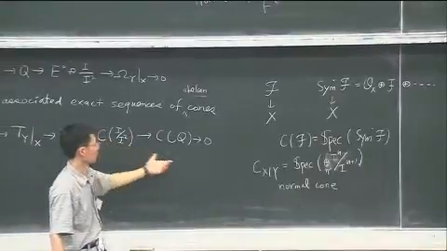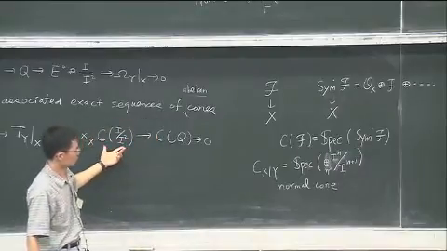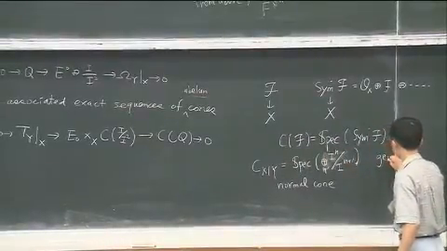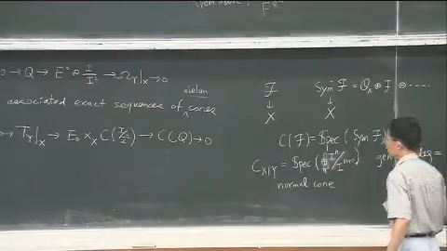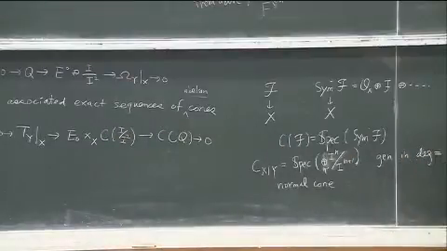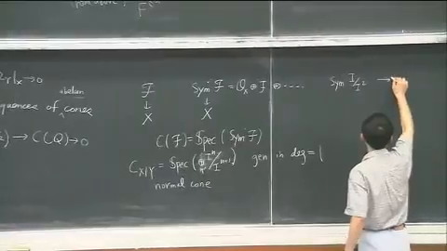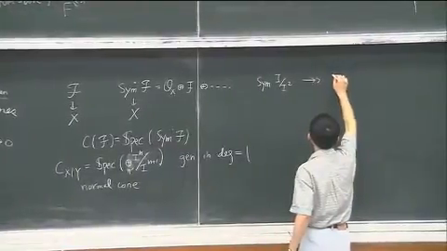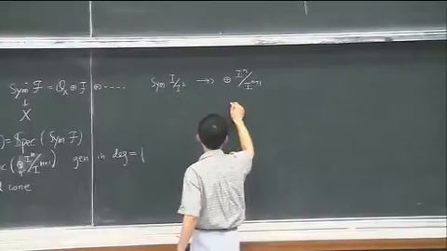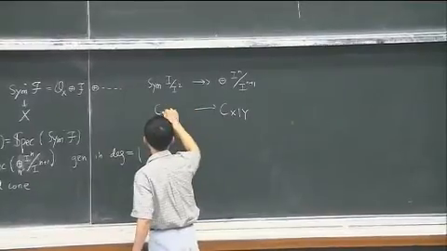This is all generated in degree 1, and so certainly this maps to that, and therefore the corresponding cone